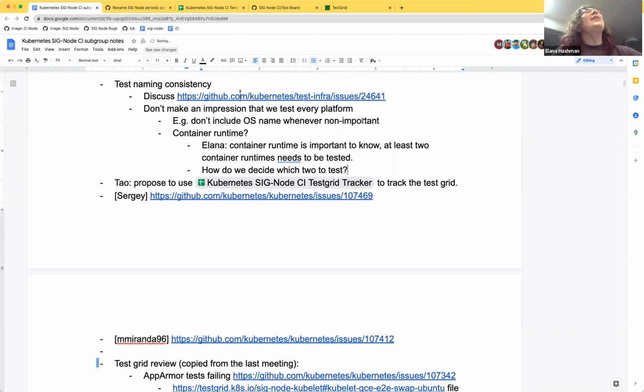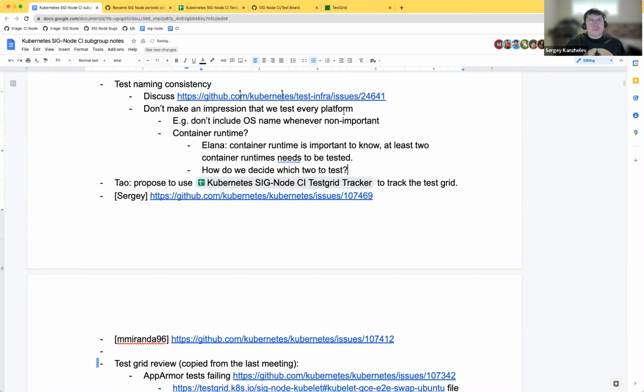There's a little bit of weirdness over time. For example, cAdvisor, which is a Google project. It's not a SIG Node project, although it has a lot of involvement from SIG Node. I believe cAdvisor is using Kubernetes CI right now, but I think SIG Testing wanted that to change. So there are some weird cases like that, but generally Kubernetes CI is for Kubernetes projects only. Anything else has ways to get into our test grids, like via that buckety approach I previously mentioned.